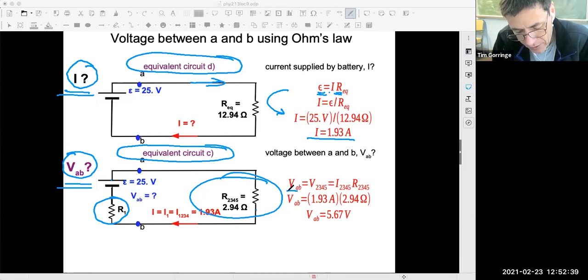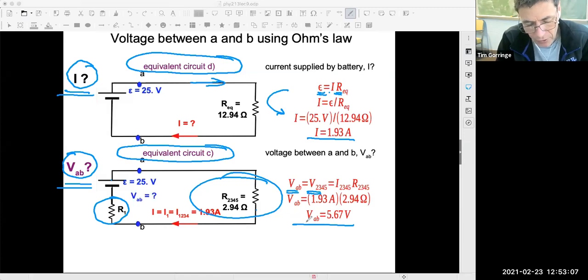The interesting voltage AB is the voltage across this equivalent resistor, and that voltage is the current flowing through that resistor times its resistance. I know the current, I know the resistance, so I just multiply those and I get